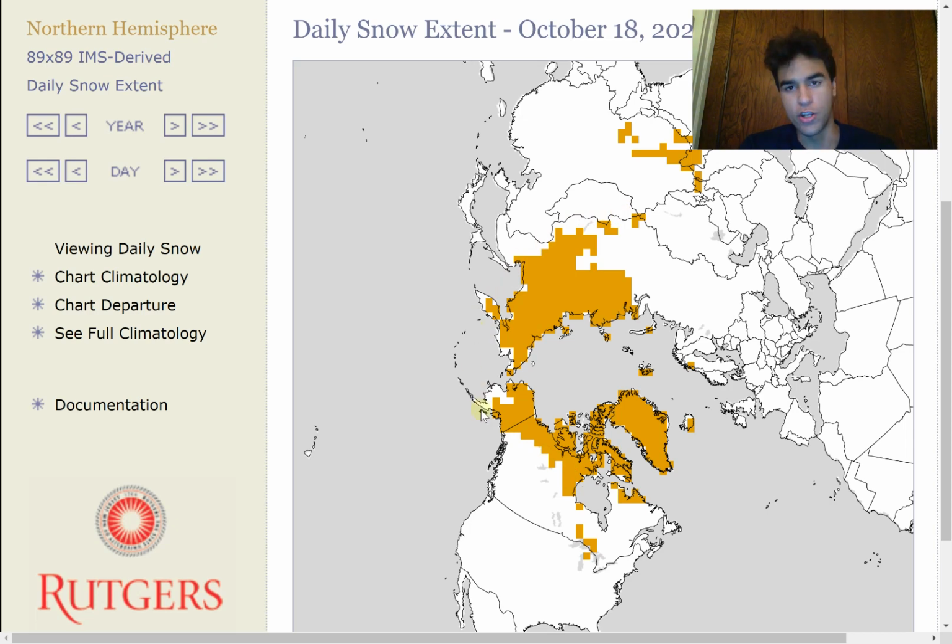compared to other years, we are above average when it comes to the amount of snow cover extent for the Northern Hemisphere, and that could play a major role in terms of when you should experience your first snowfall in the United States. Because if the snow cover extent throughout the Northern Hemisphere is larger earlier during the year than what you typically experience, then we're more likely to see colder temperatures dip further southward a lot more quickly, since of course a surface that has snow on top of it heats up a lot slower than a surface without